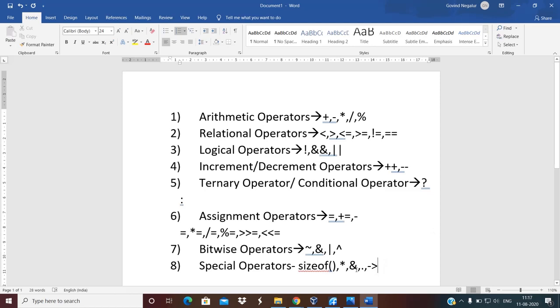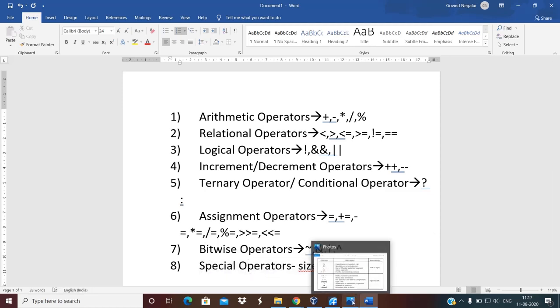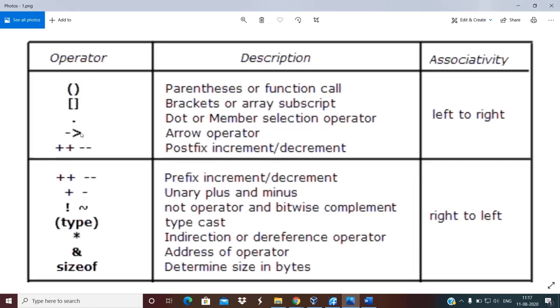So one interesting aspect about special operators is that they have the highest priority. You can see in this table, they are the ones shown in the first row itself.